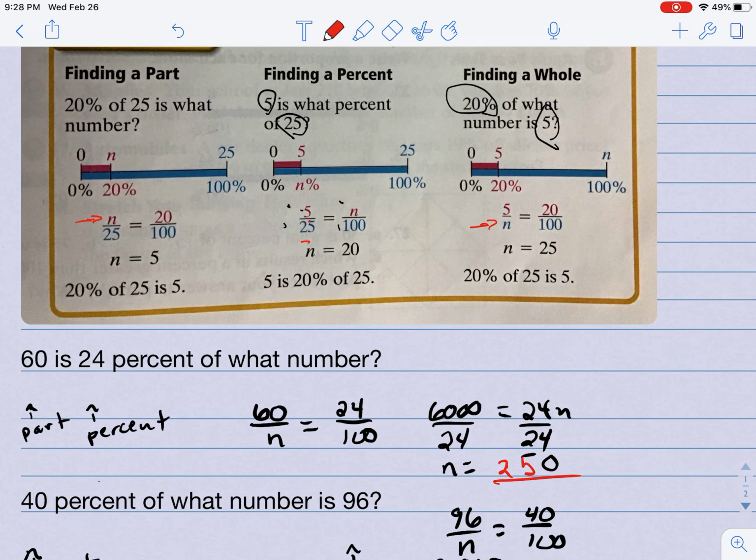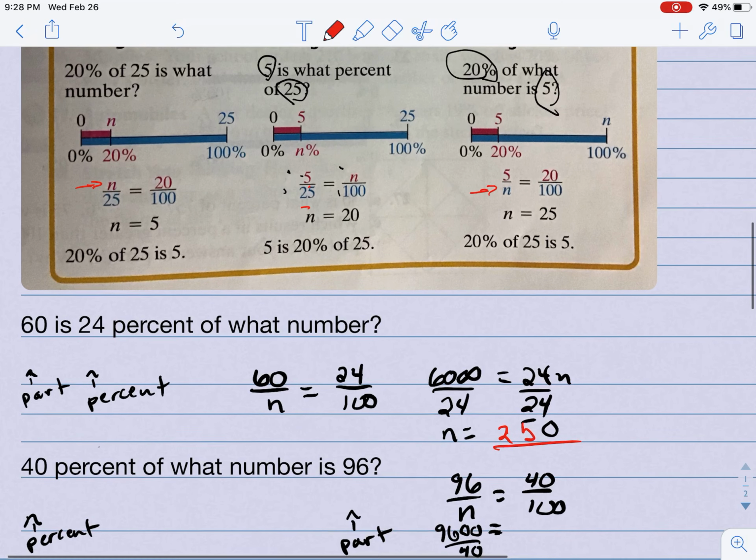Okay. Next one, 40% of what number is 96. So once again here, we are trying to find the whole number because it tells 40% of what number is 96. So we know that the part is 96. We know that the percent is 40. And we need to find our whole number. So you take the cross products. 96 times 100 is going to give us